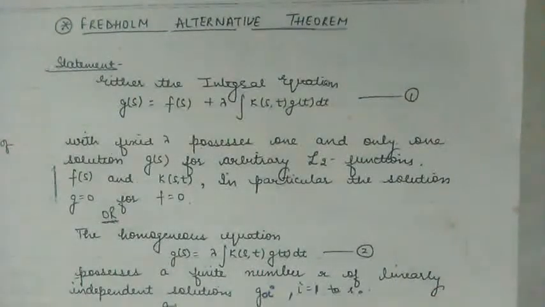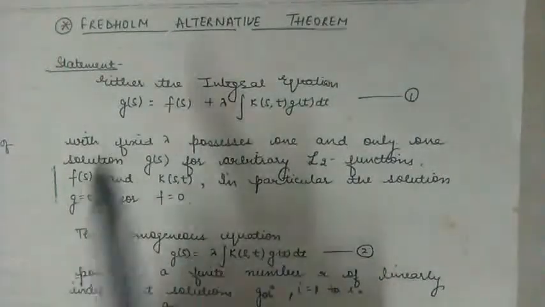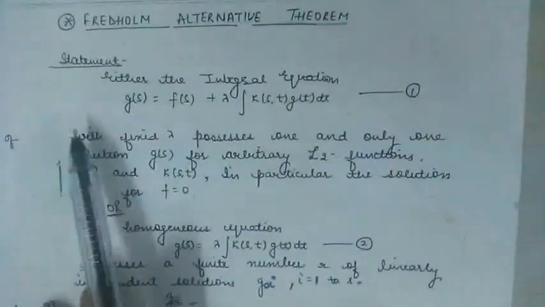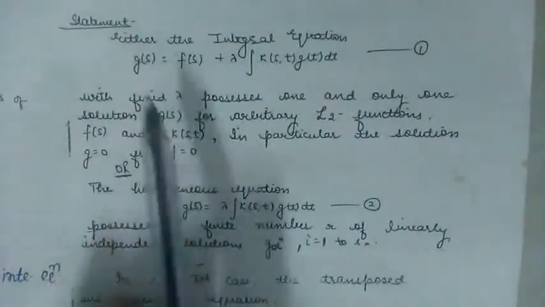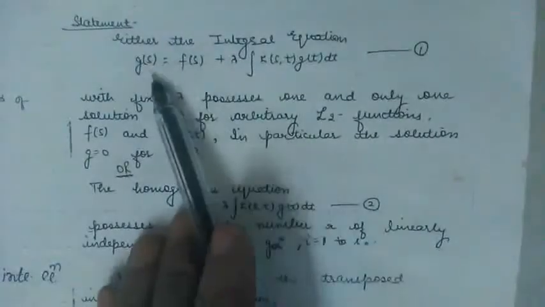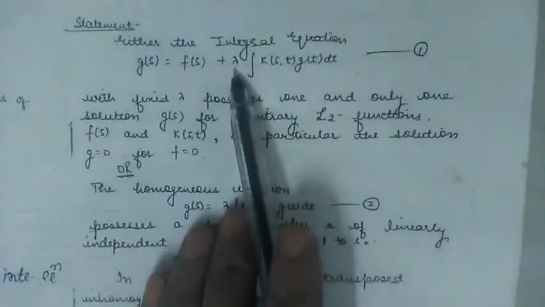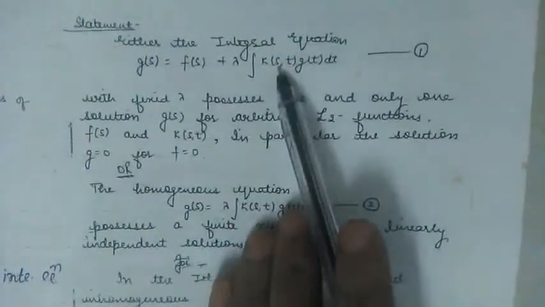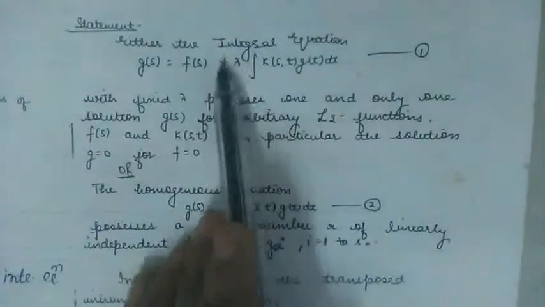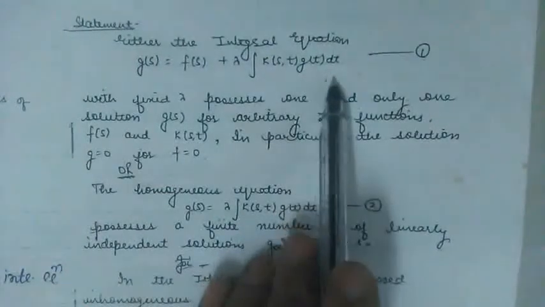So in that case, how to solve the problem is given by the theorem which is the Fredholm alternative theorem. So let us explain the theorem. It states that either the given integral equation g(s) = f(s) + lambda integral K(s,t) g(t) dt, either this integral equation with fixed lambda has a unique solution,